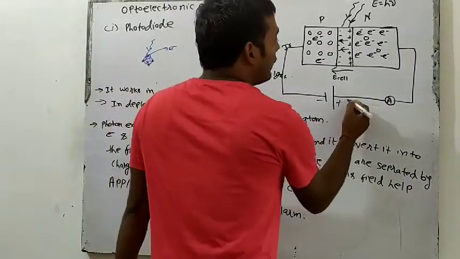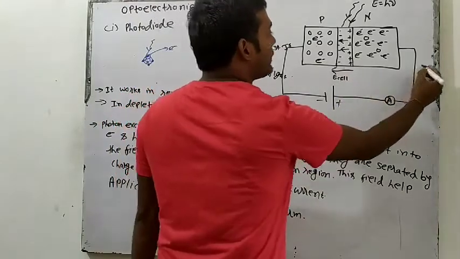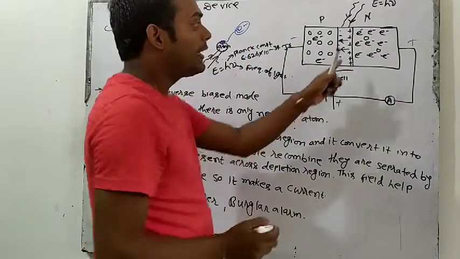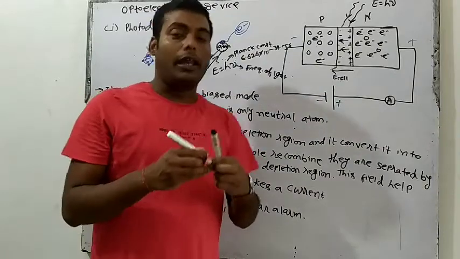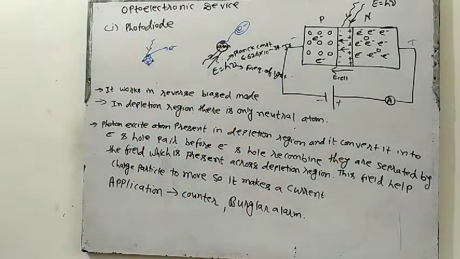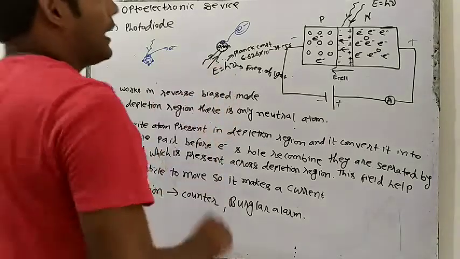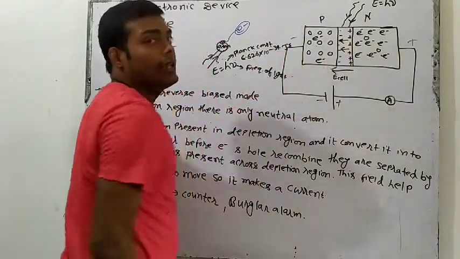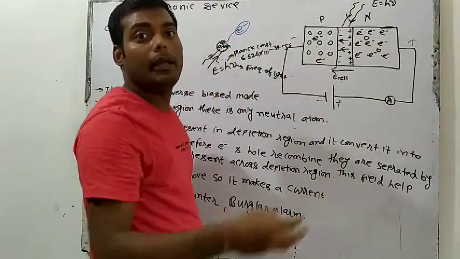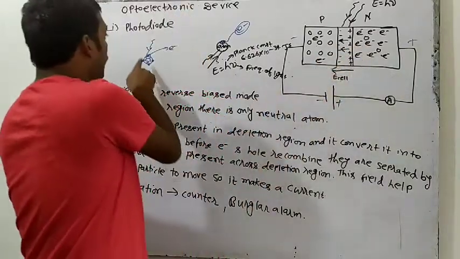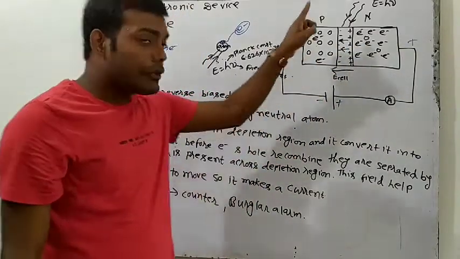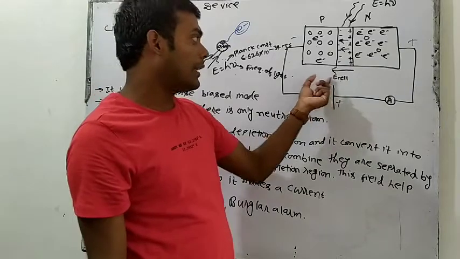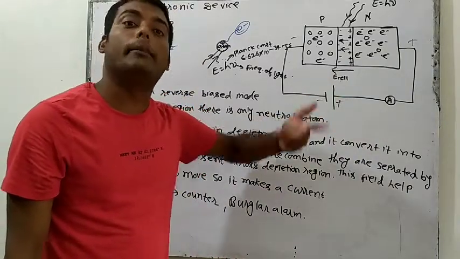Okay, then what will happen? This electric field due to cell will be positive to negative. This is positive, this is negative. So electric field due to the cell will be positive to negative, this direction, and electric field due to the depletion is also in this direction. So both are in same direction. So what will happen? When the energy will hit the atom, from the atom electron will be free, and when electron will be free, a hole will be generated, and just when electron and hole will be generated, then this depletion region electric field and this electric field due to the cell, these two electric fields will come in action.